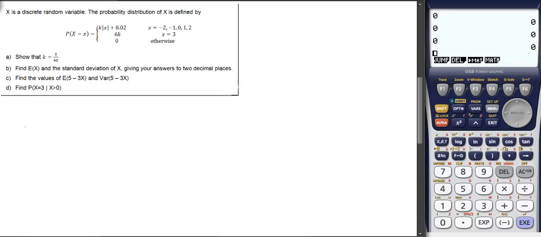Okay, question 4. We've got a discrete random variable and we're given its probability distribution, and we're given it in the form of a formula, not a table. So before we even bother doing anything, I think we're going to make a table. So we've got x values and they go from